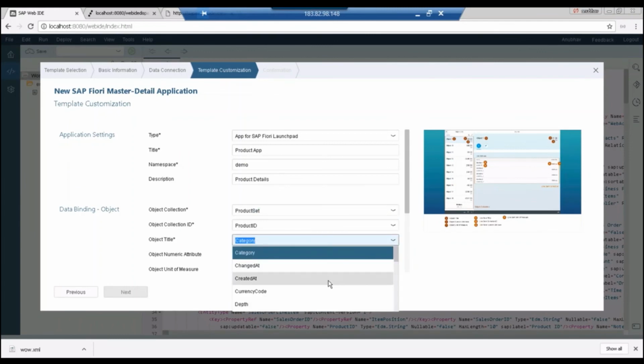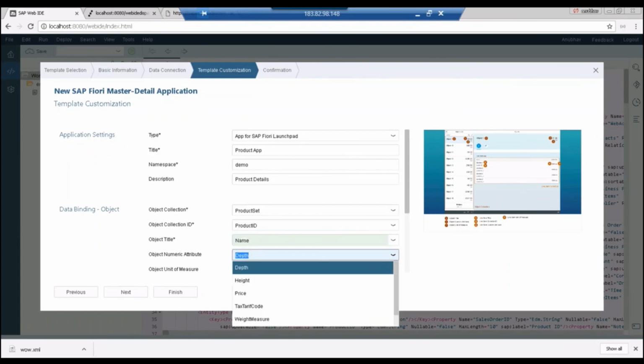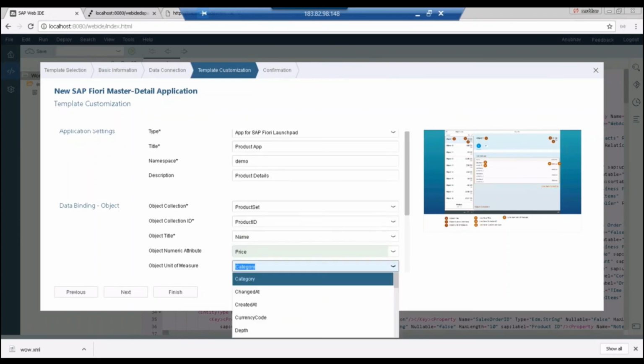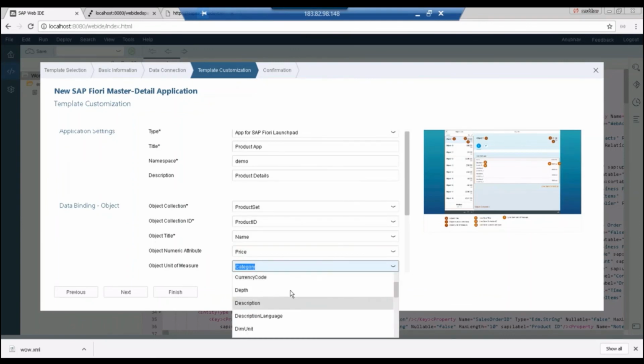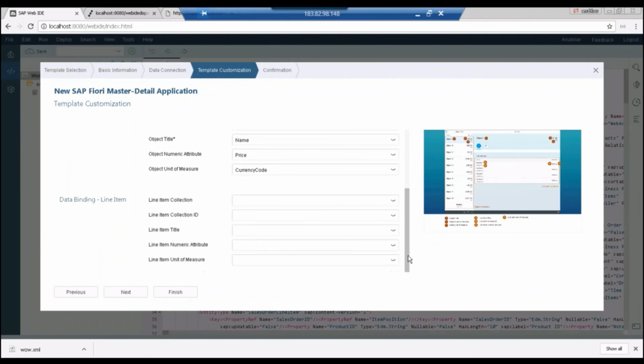Enter the title, so I want product name as the title. Price, product price as the numeric attribute, and unit of measurement as currency code. That's my master section. Then I have the details section. For that I will choose all the orders for this particular product, all the sales orders related to sales order item for this product, item position,